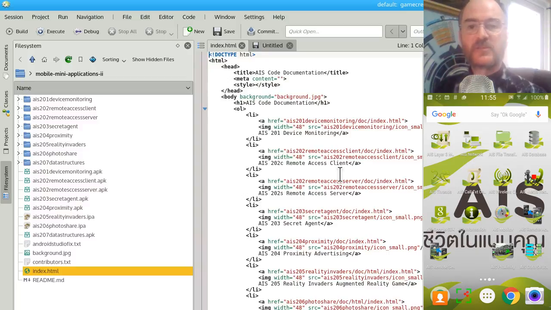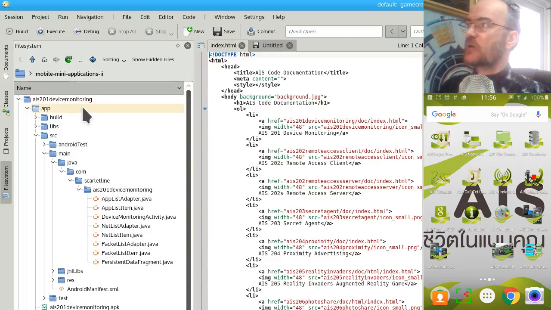Now, let's get to our subject, sniffing packets. This is the first of the level 2 apps. So if you look at my screen now, you'll see I have all of these apps. This is simply the directory from which we check out from Git. We're going to look at the first one, AIS 201 device monitoring, and you will see how the code is